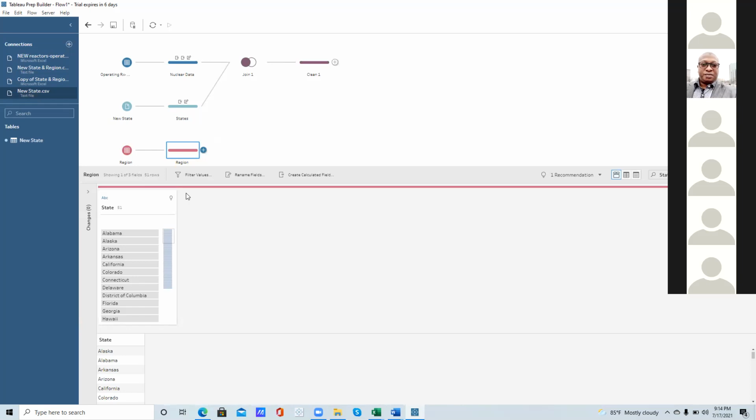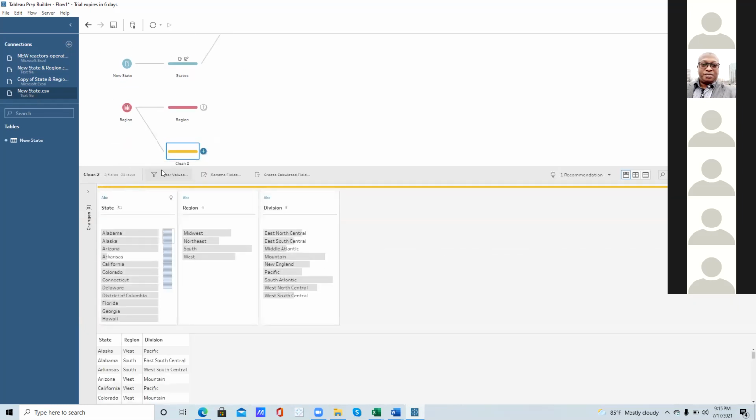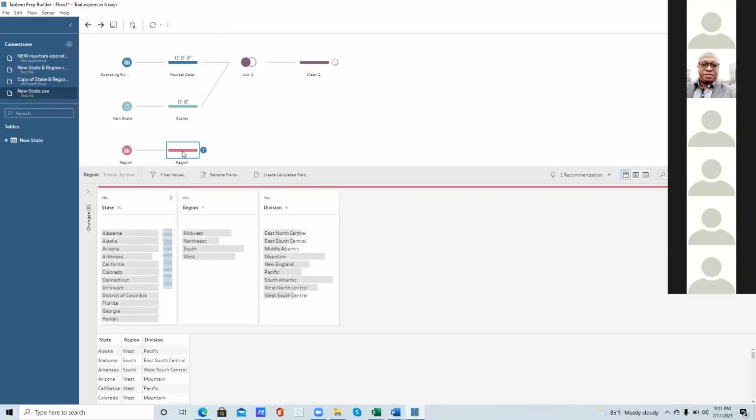Let's go back to your dashboard and click that Excel. Open that Excel. Let's see what you have. Look at this region. It's coming up: state, region, and division. Click on that, add step. Do I delete this? No, click on it. Do Control Z. Right, so I have to delete this. Click on it, let's see it once more. There you go.